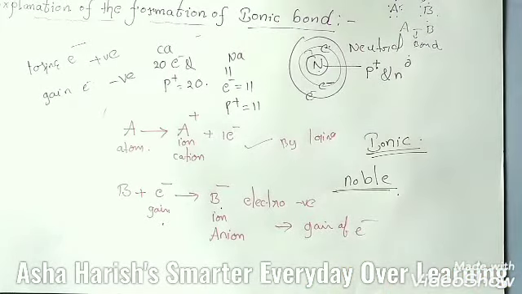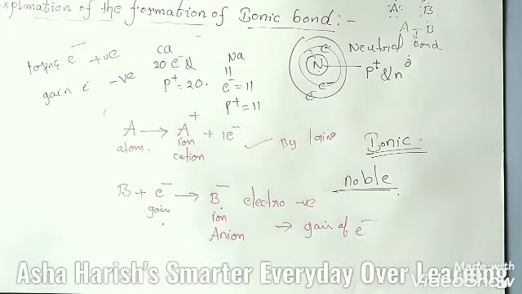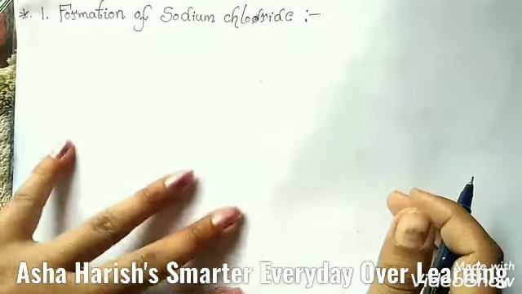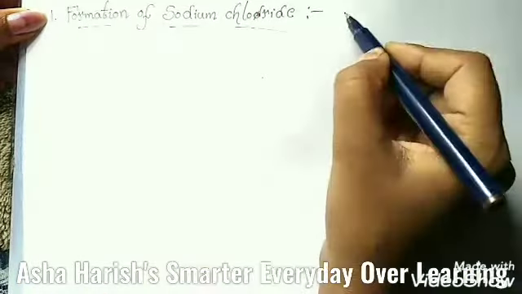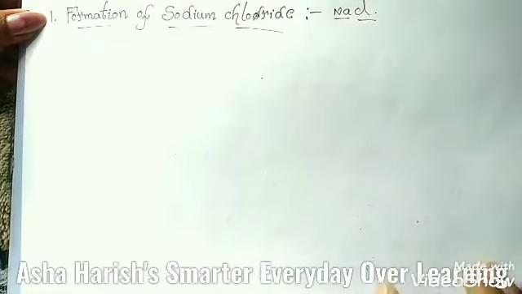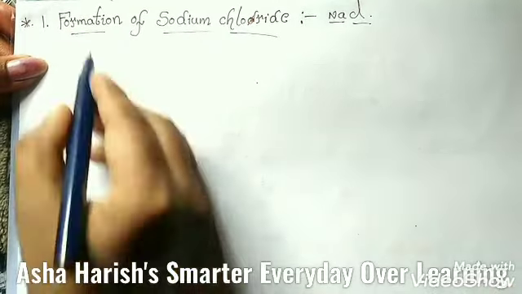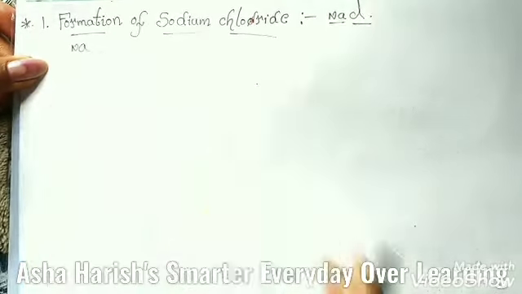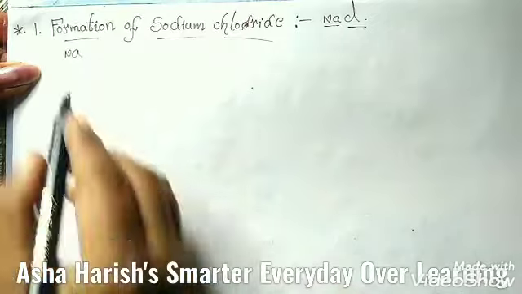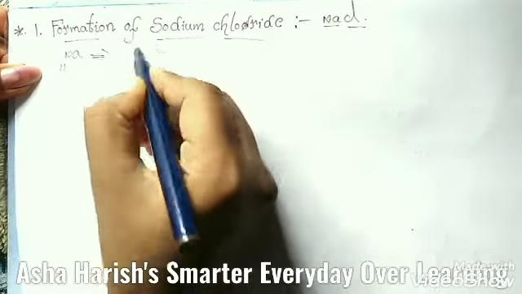Okay students, let's see ionic bond examples one by one clearly. The first example, formation of sodium chloride. Sodium chloride, the chemical formula is NaCl. Here two atoms are present, sodium and chlorine. Sodium, the symbol Na, has atomic number 11. It has the electronic configuration